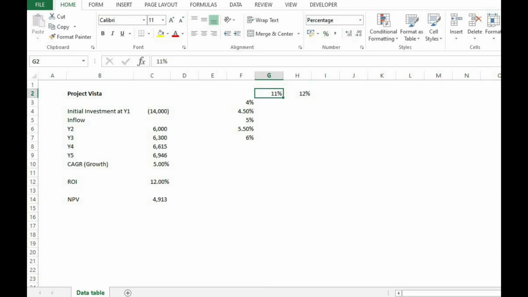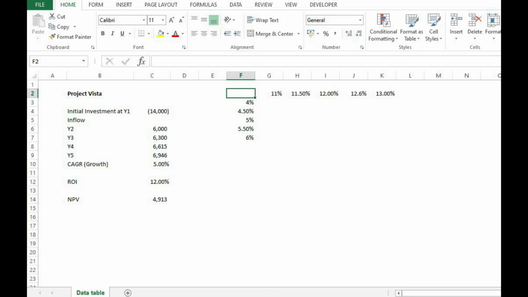So this needs to be in 2 decimals, 12%, 12.5% and 13%. So as you can see, we have plotted the rate of interest in the row and the growth rate in the column,